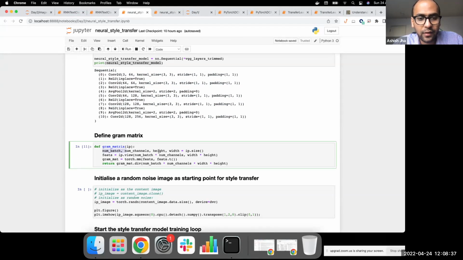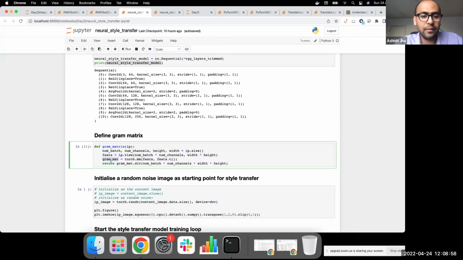You first get all of the dimensions from your input. You convert your input into that reduced 2D representation, if you remember I showed you, and then you just multiply your reduced 2D representation with its own transpose. This is torch dot matrix multiplication, by the way.